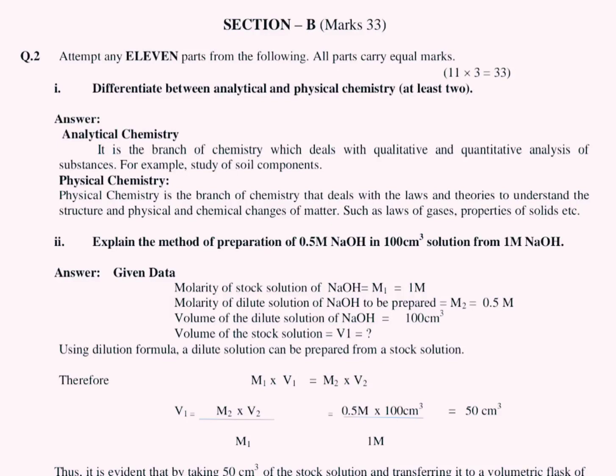Ninth class chemistry and third model paper, short question answers. The first question is differentiate between analytical and physical chemistry. So it's better to do this question in column sections, first in analytical and in the other section you